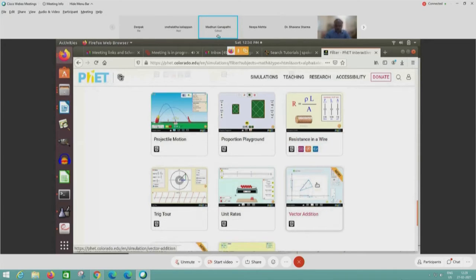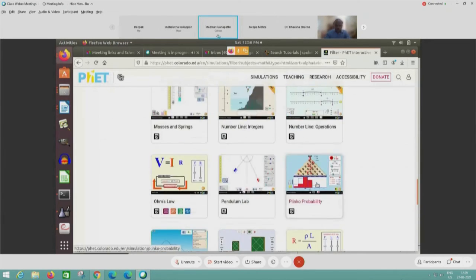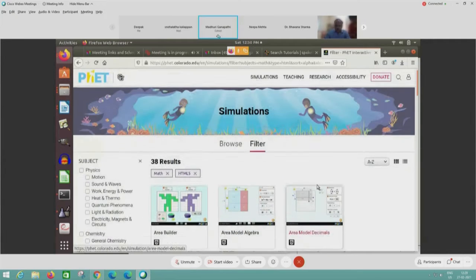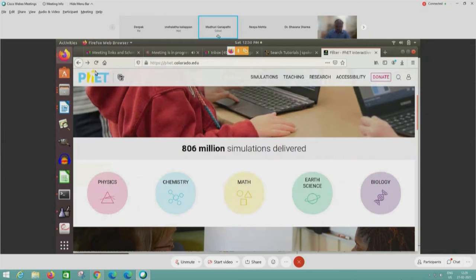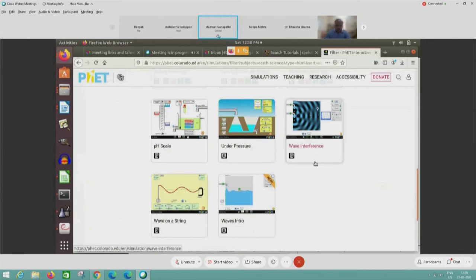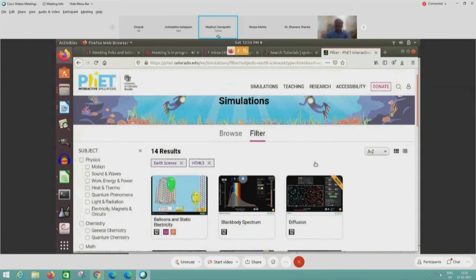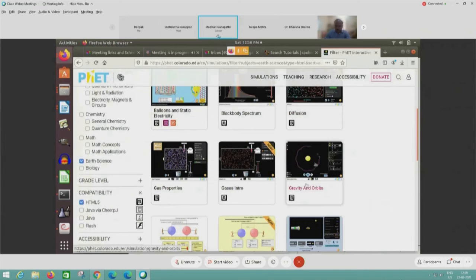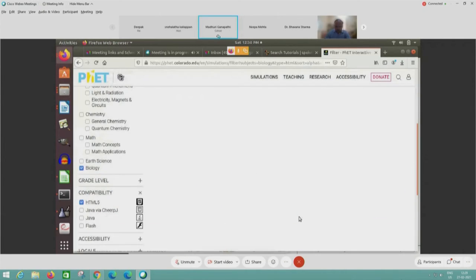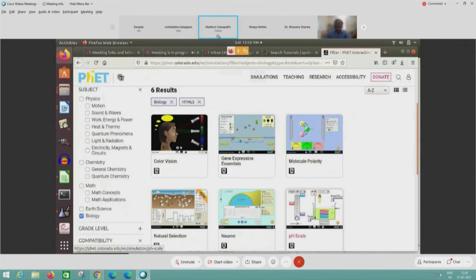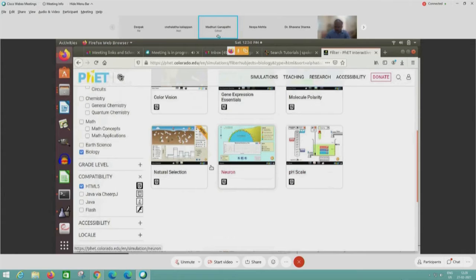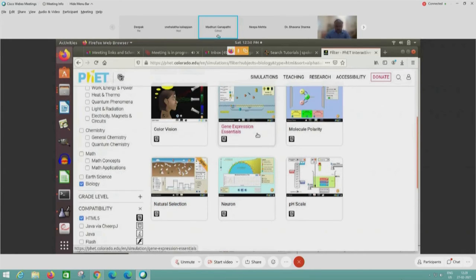Participants, you can visit this website, and then earth science. And then last, biology. Yeah, like neuron, natural selection, gene, color.